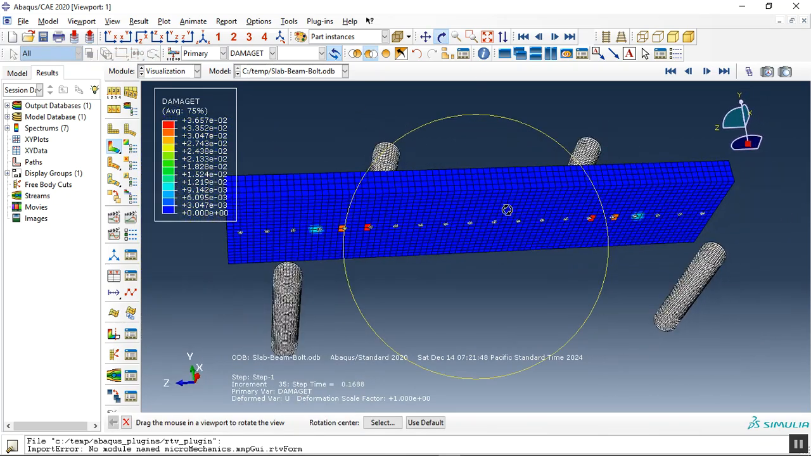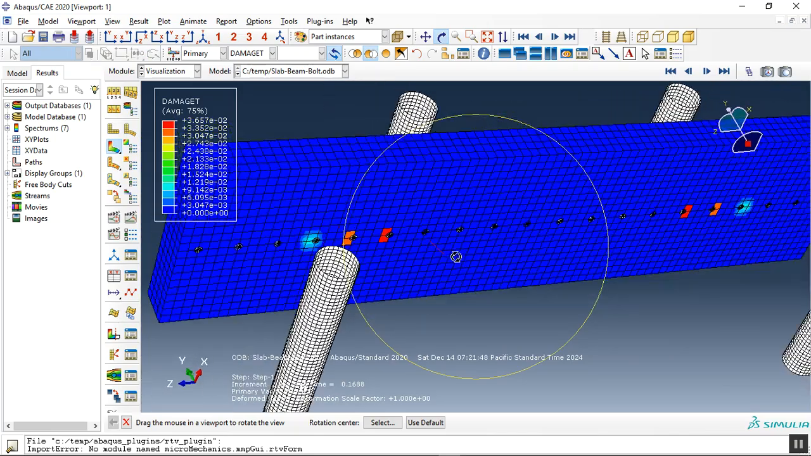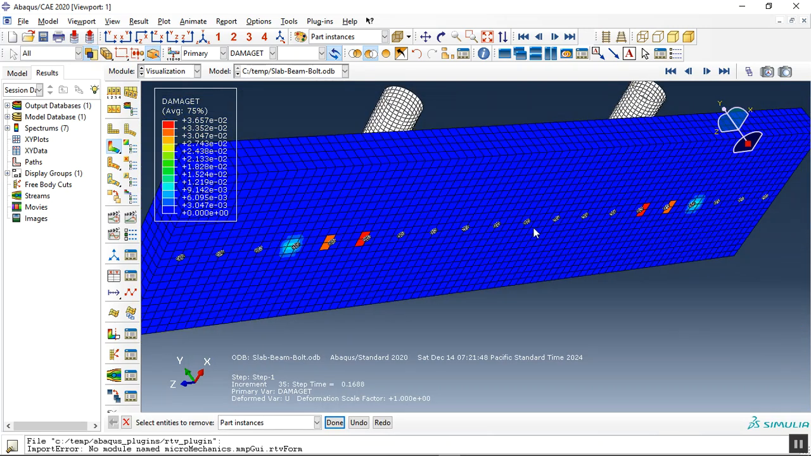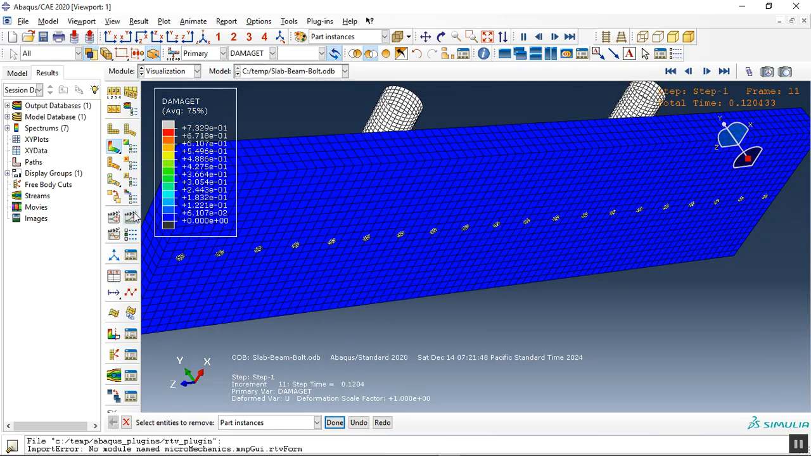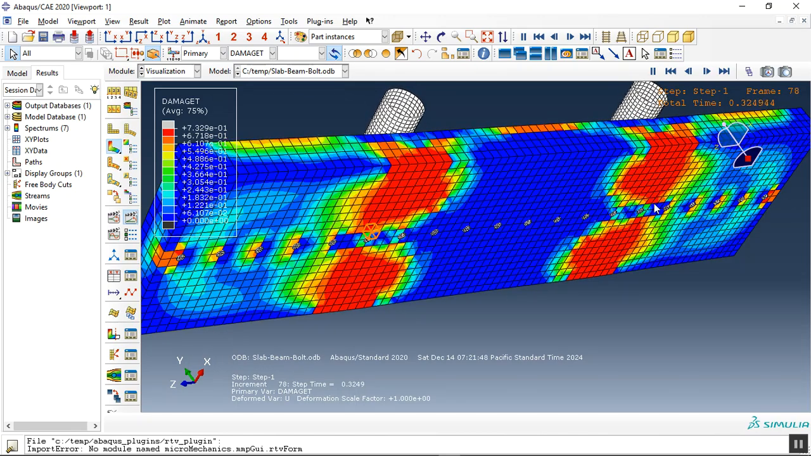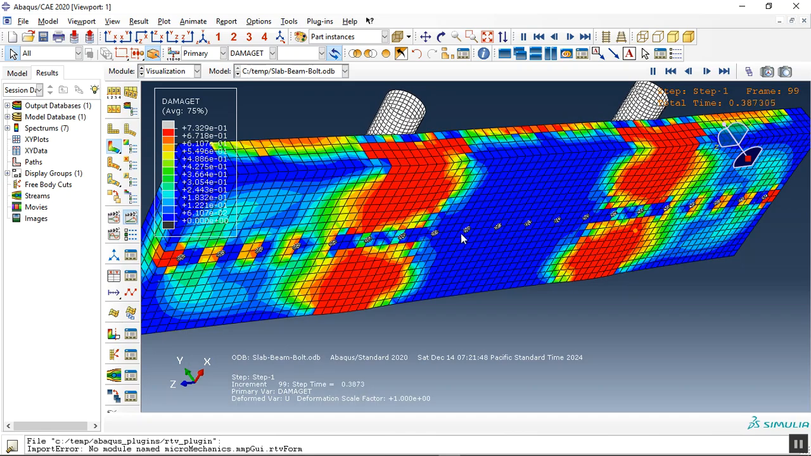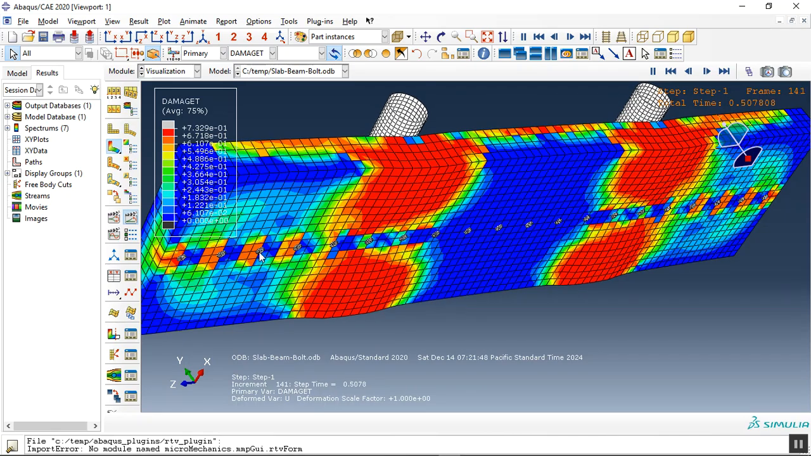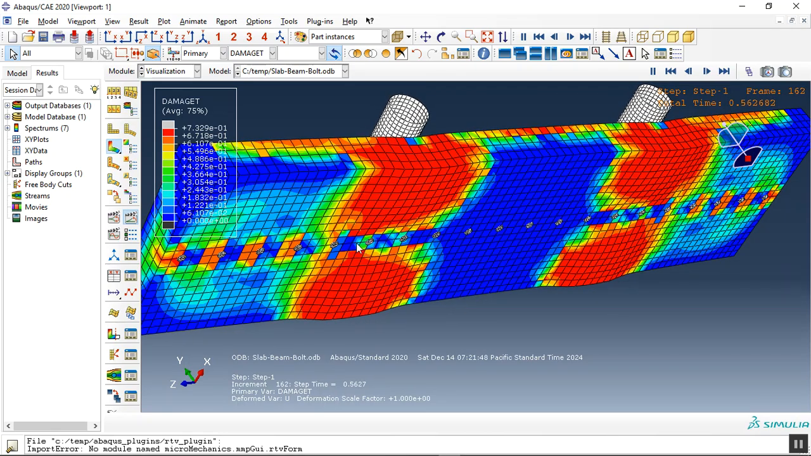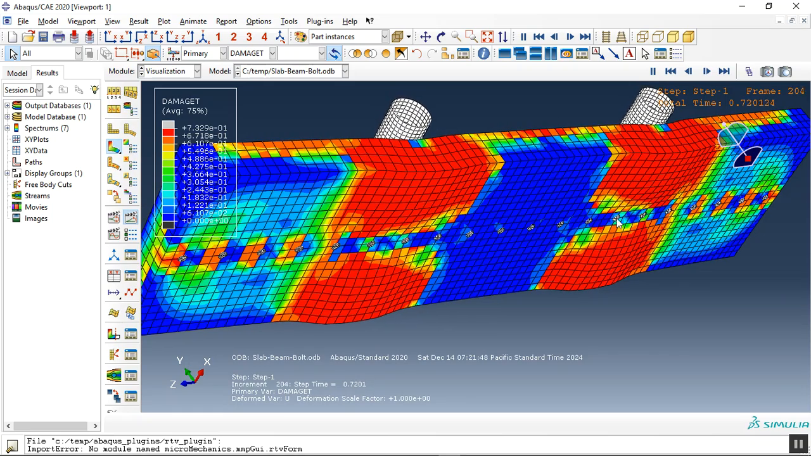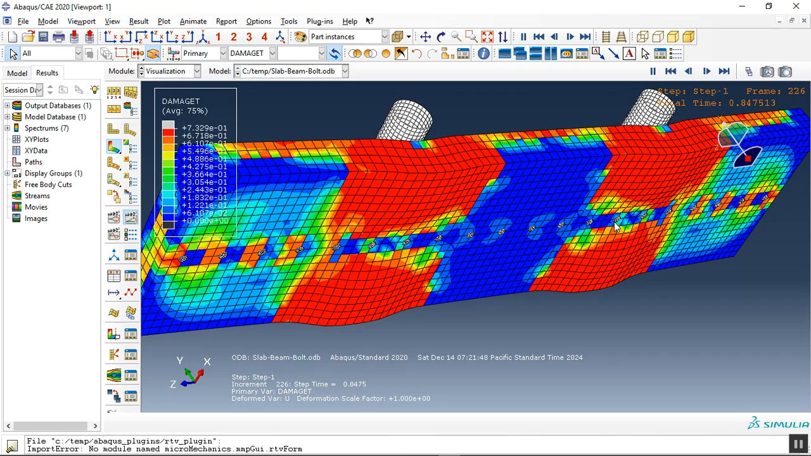Before that, let me remove the steel beam. Then you can see these are the studs here. These are the studs here. See inside concrete, and then here we have the tension damage. If you can see here the area that we have shear stud connector, the situation is better than the other area. See, as the